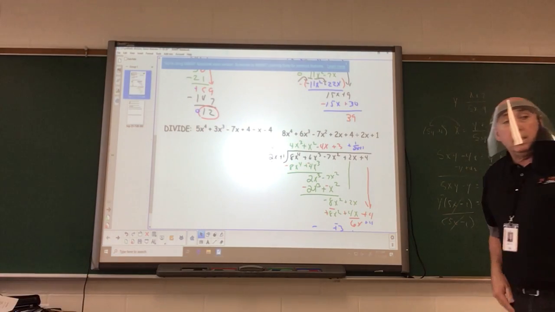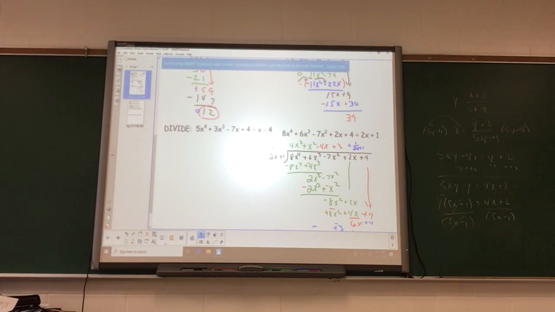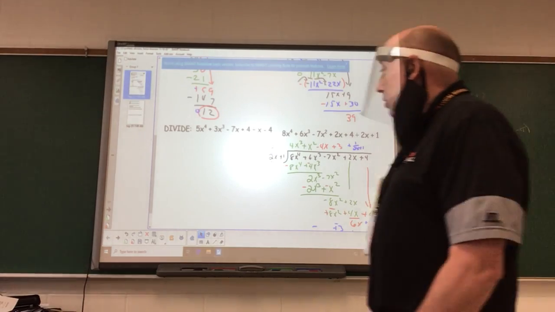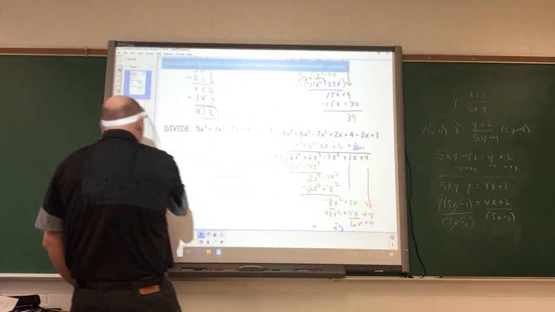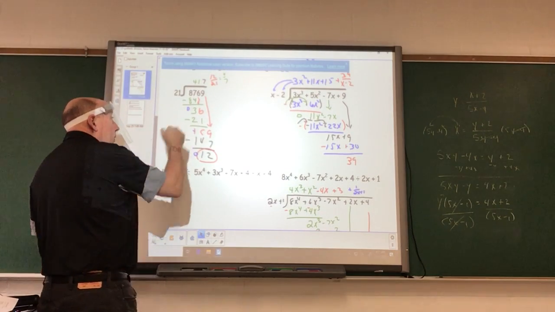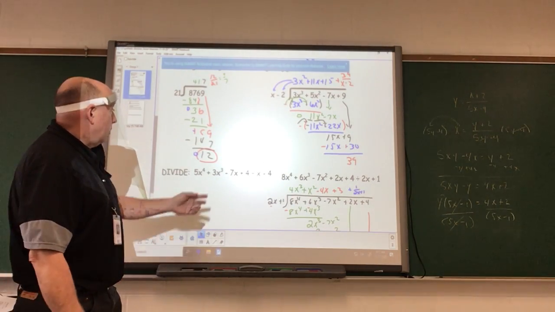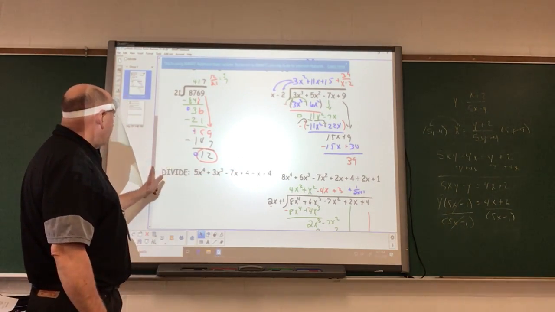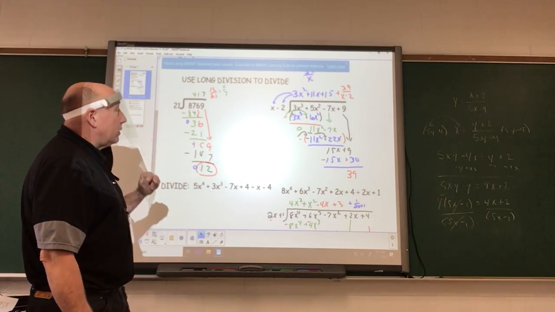How we can utilize long division to help us, because when you're dealing with long division, we have a lot of room for little mistakes. We can use synthetic division to also do our division, and it's very similar to the idea of synthetic substitution. We are dividing by x minus 2. Here we're dividing by x minus 4. If we take a look at what's happening here,